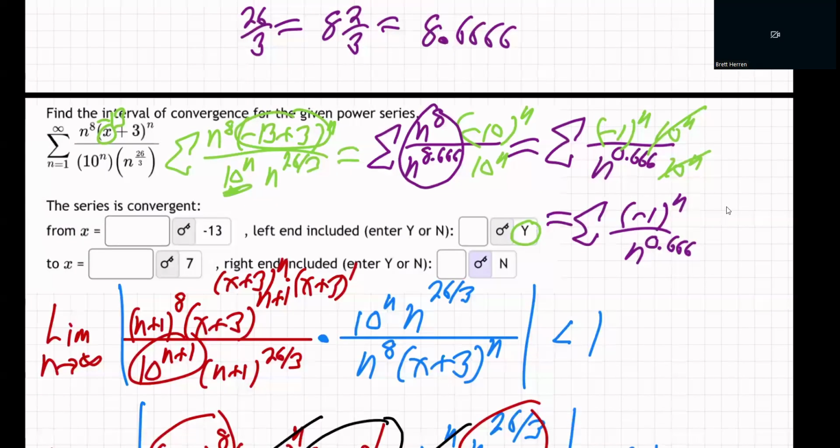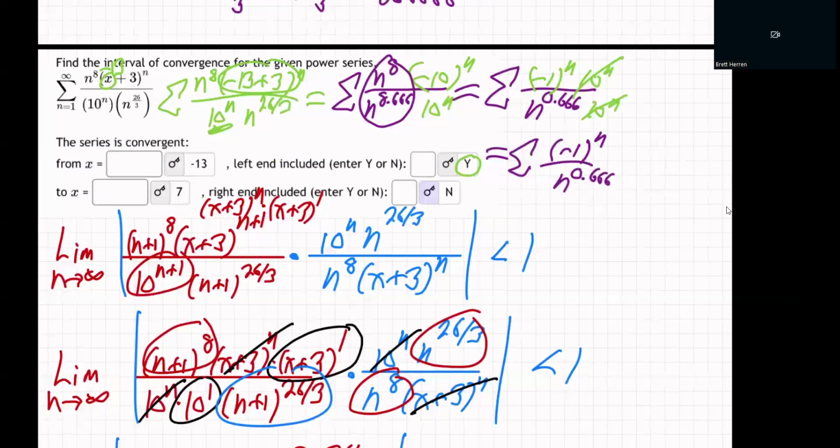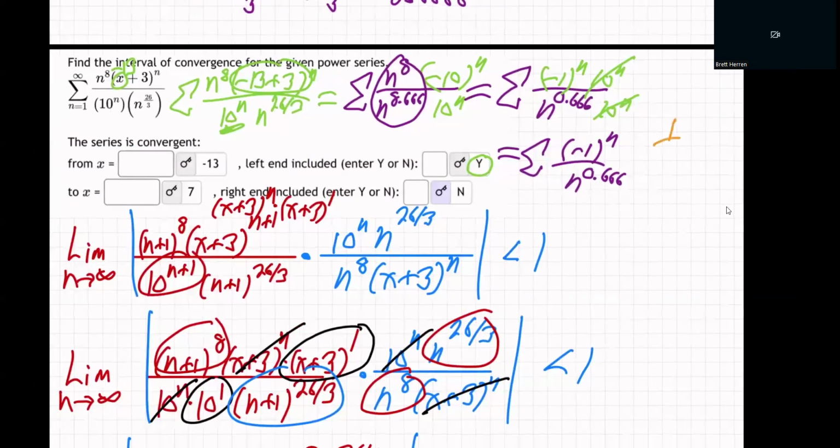How do we know whether that converges or not? Well, that's a p-test. Remember that? So remember when you have 1 over n to the p? So this is the p. This p is 0.666. So remember when that p-value is less than 1, right? 0.666 is lower than 1. That does not converge absolutely. Remember that diverges,